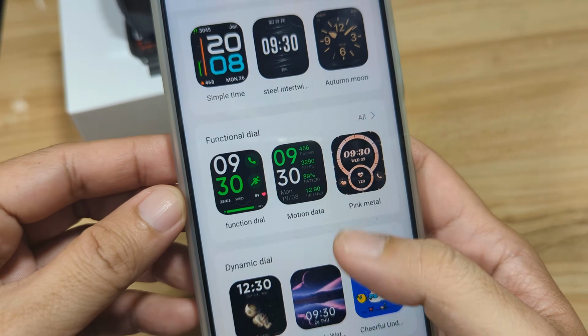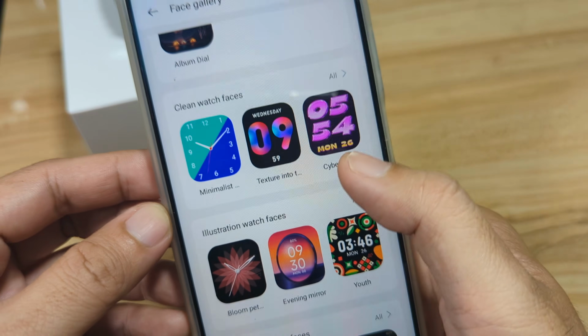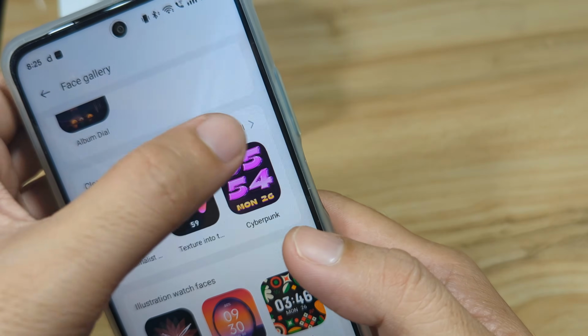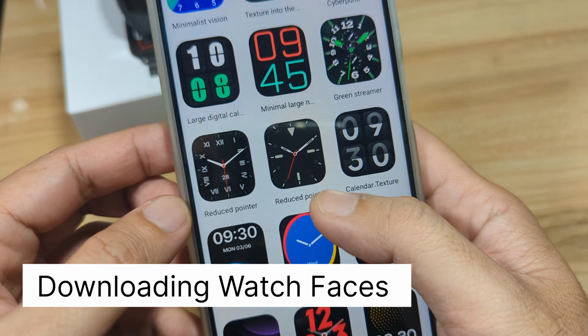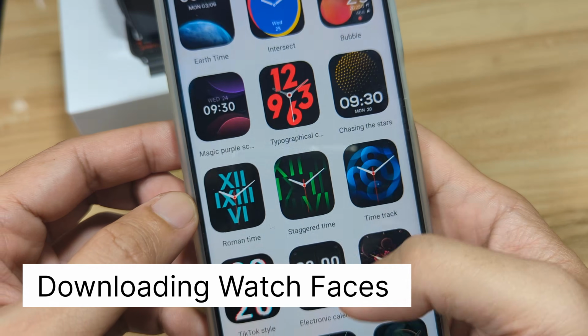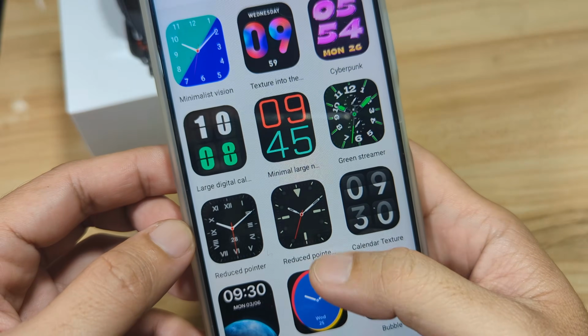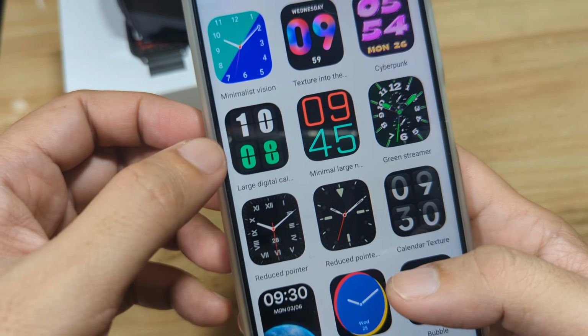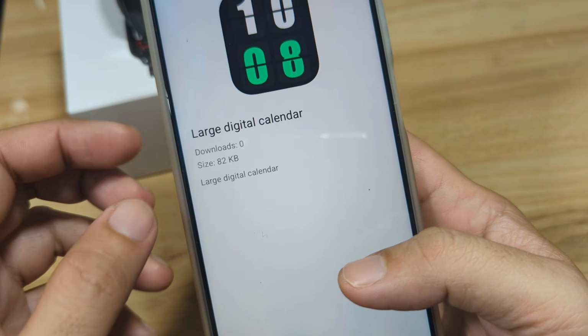So let's try to download an example. Let's go for the clean watch faces. Let's have this one. Let's check some of the designs here. I'm going with this one, large digital calendar. I think this one is okay.